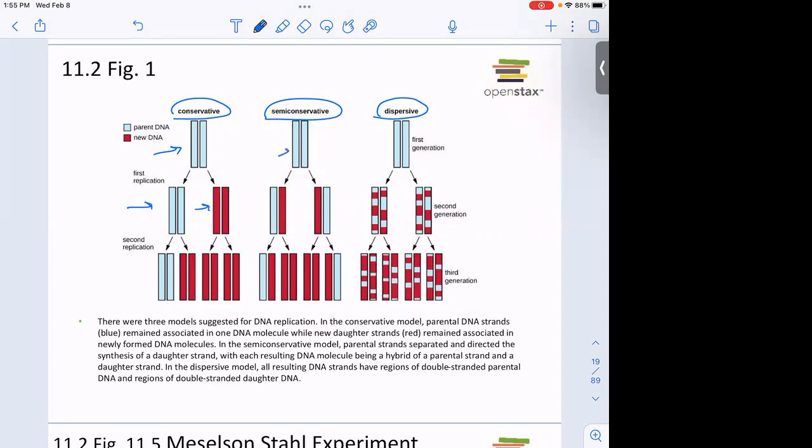So one strand of the parent DNA was conserved while one strand was new? Or was it by this dispersive method, where replication happened in a very piecemeal way, and the offspring are a mix of the old DNA and new DNA that was synthesized? So we didn't really know. You can see here with the 3 different methods, how maybe the first generation of cells would look and the second generation. Well, in 1958,